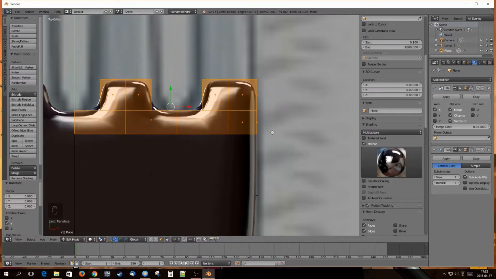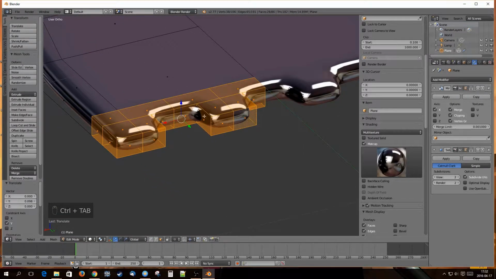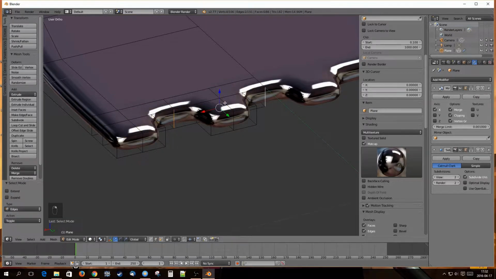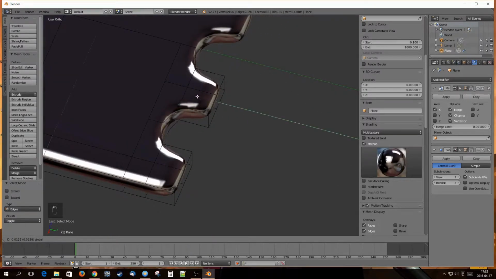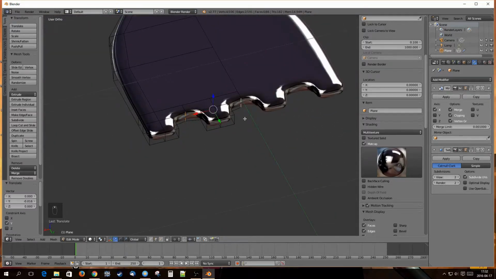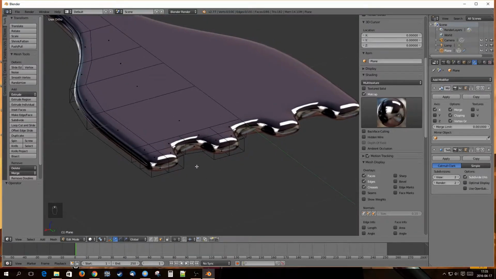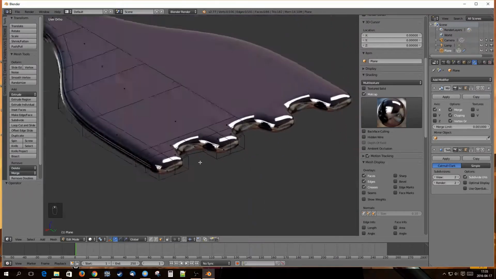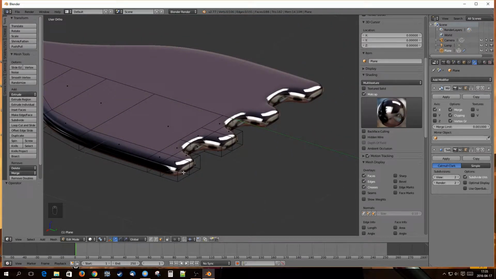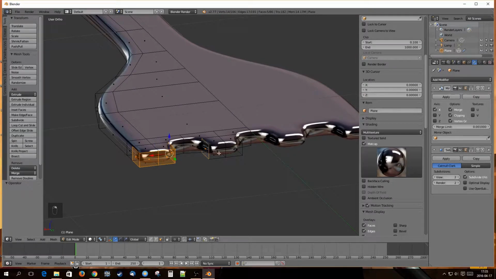like this. I want to move these edges a little bit to the back, so I select the edges, this one and this one, and move them a little bit back, right? Now I don't want these spaces to be so big, so I select these faces here and these faces here,